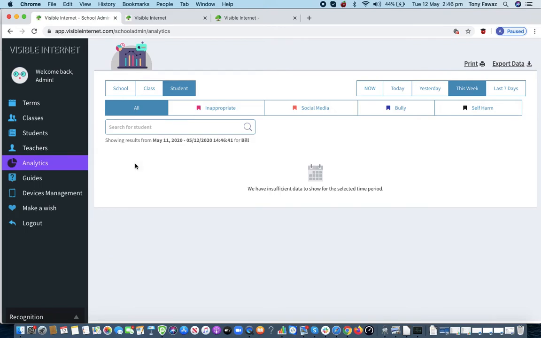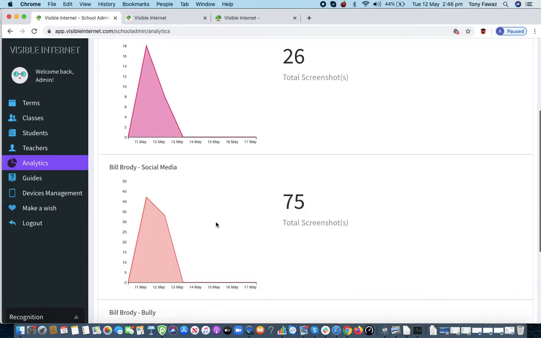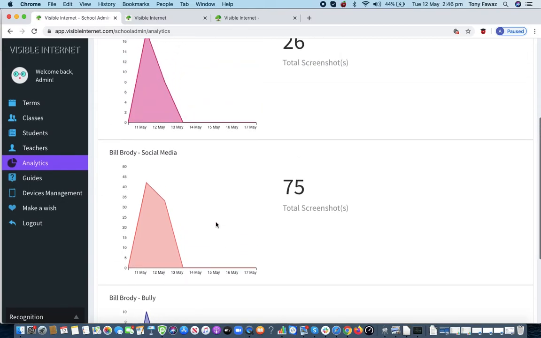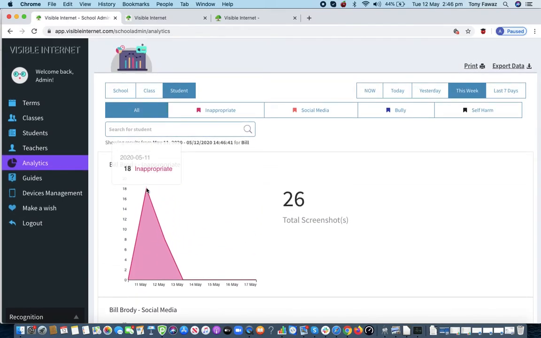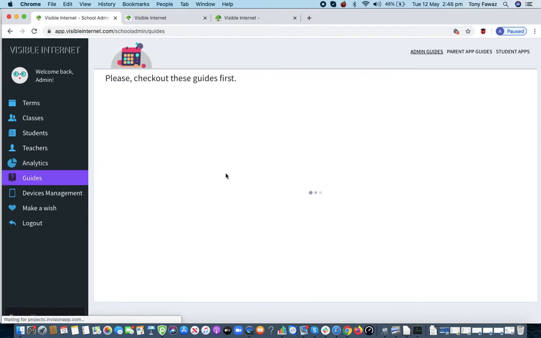So as you can see here, I'm just looking at Bill Brody, and then in the system you can start breaking that down. So we can start seeing times of day, how many times Bill Brody has been flagged for viewing age inappropriate content. And then inside the guides panel,